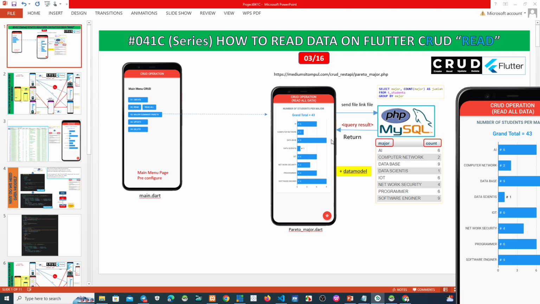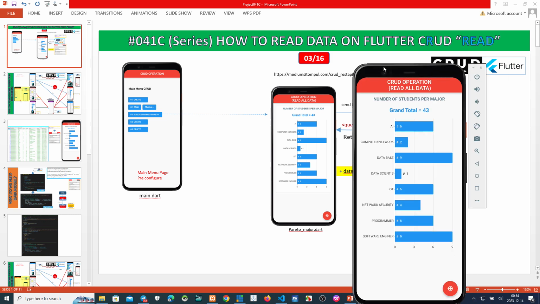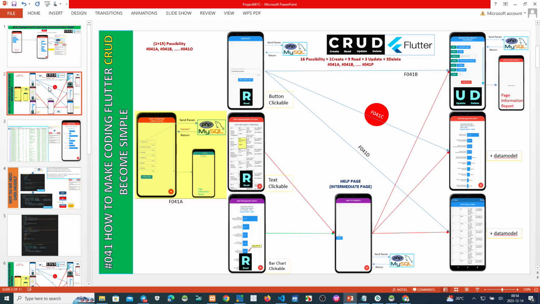Okay, we need a data model to convert all data records to field by field. Okay, this is a review of the whole project. Now we have this one, project number 41C. This is a previous project. Next time, or in the next video, we want to show you a data table here.